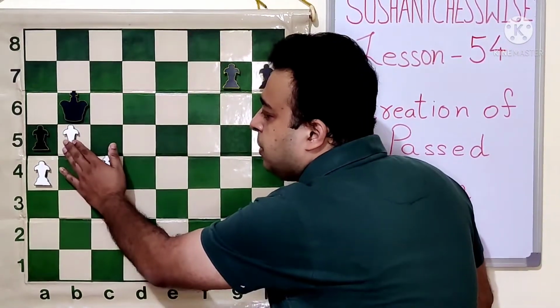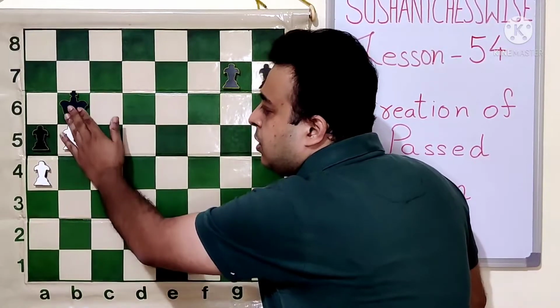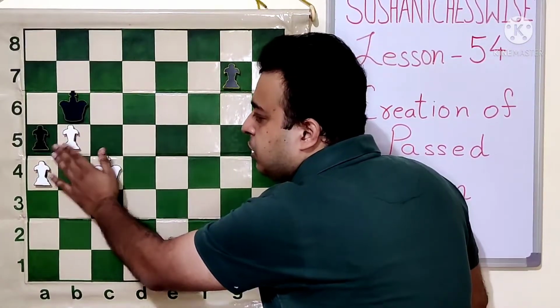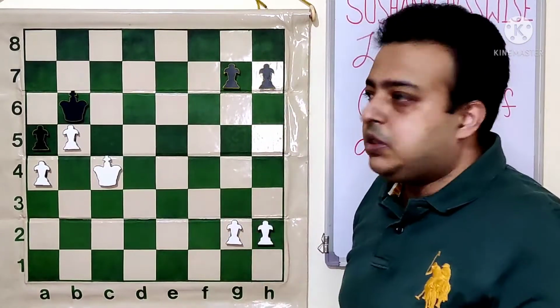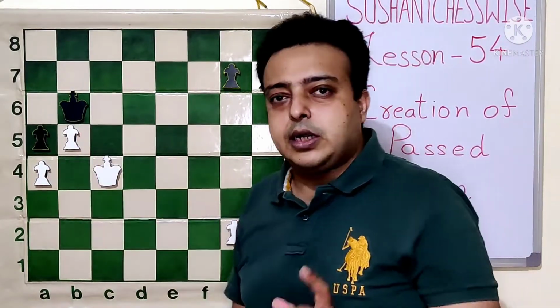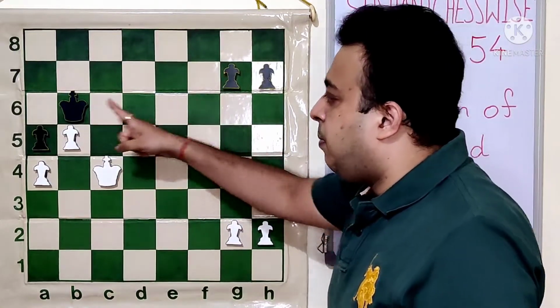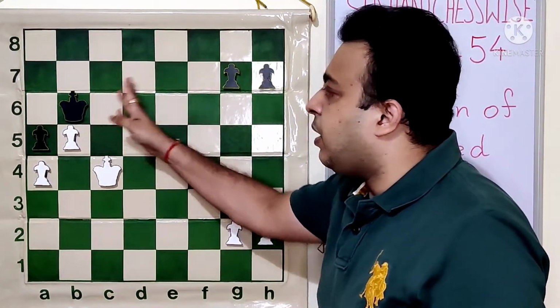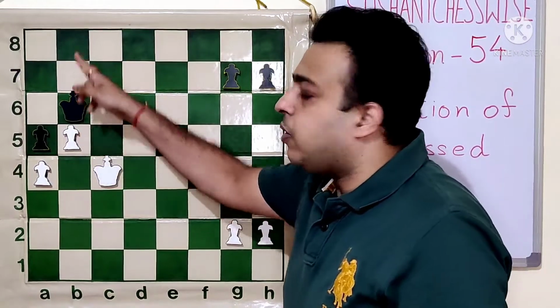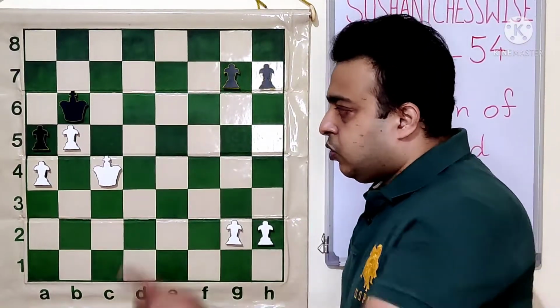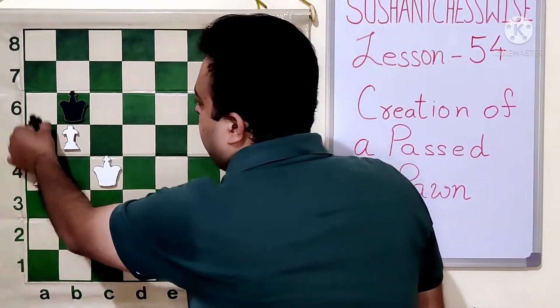So this pawn has become a protected passer now. The king cannot capture the pawn because it is supported. A passed pawn which is supported by a pawn becomes even more powerful. It's called a protected passer. Now the king can simply go and take these pawns, because if the black king goes anywhere near that side, then the b pawn will simply queen. So moving the a pawn is a blunder for Black.